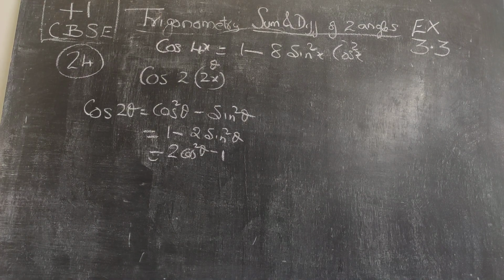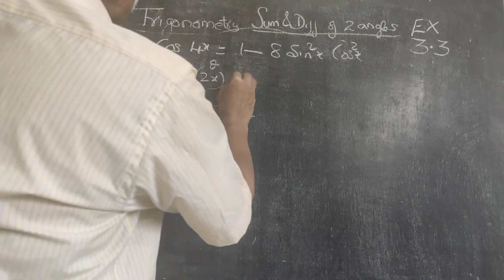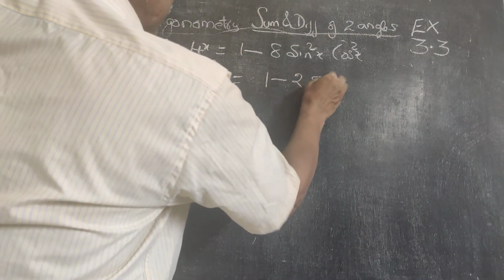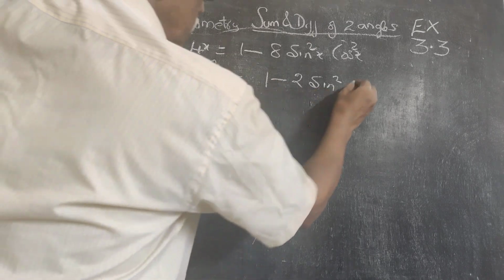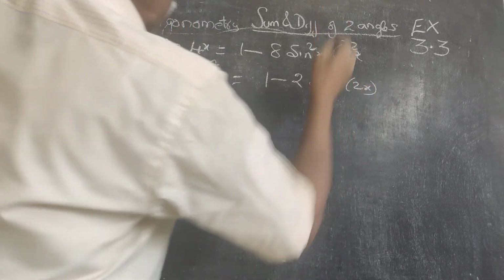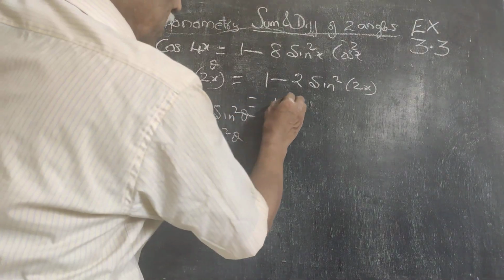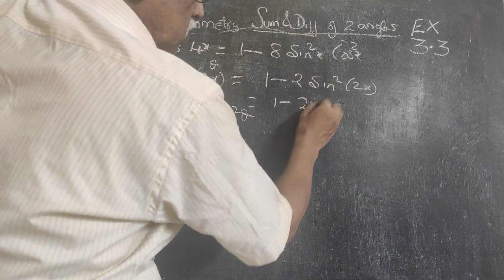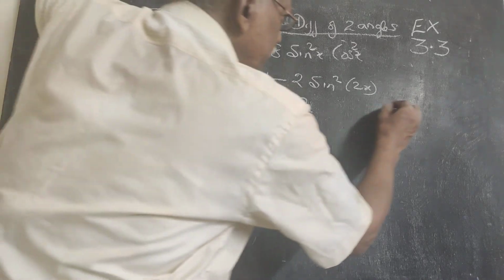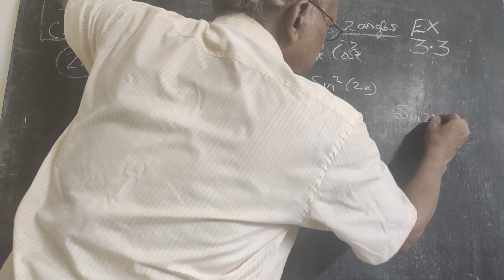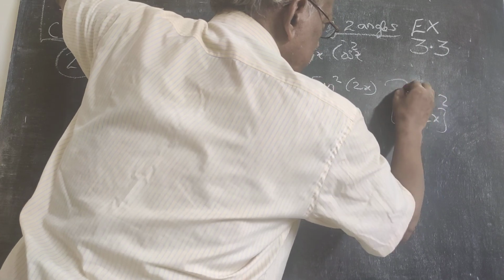These are the three ways in which you can represent that. You can remember the cos 2 theta values. So cos 2 times of 2 theta, I am going for this method, 1 minus 2 sin square theta. Theta is 2x. So 1 minus 2 times sin square 2x. So this will be equal to 1 minus 2 times sin 2x the whole square.